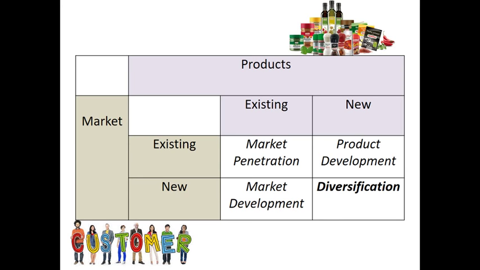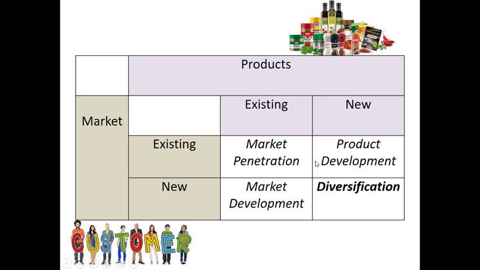So, as I've been trying to get across throughout these 4 or 5 videos on Ansoff's matrix, Ansoff was concerned with the level of risk of a strategy. According to Ansoff, there are 4 ways in which you could grow your business, and each strategy has a different level of risk associated with it. Selling more of your existing products to your existing market was market penetration, and we decided that was the lowest risk because we already know these customers, we've already got a relationship with them, and we already know these products. We already sell them, they exist.